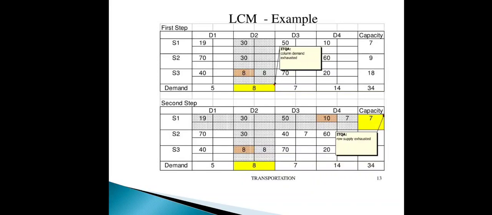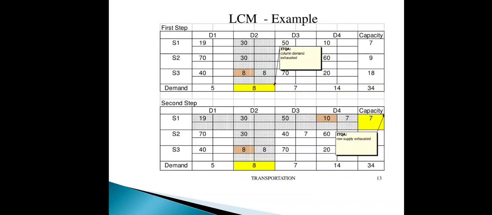Now we apply the least cost method. Least cost method means we find the least value in the problem. 8 is the least value, and it occurs in third row second column. So we take that particular cell. Then we check the corresponding capacity and demand. The capacity is 18, demand is 8. So the minimum value is 8. We put 8 in that cell. Then capacity 18 minus 8 is remaining 10. Now demand is 0, so we cross off the second column.